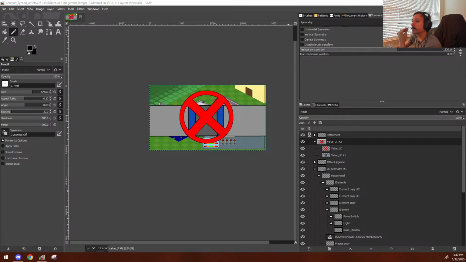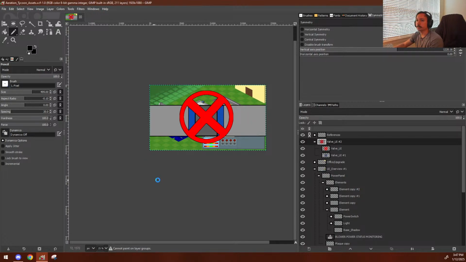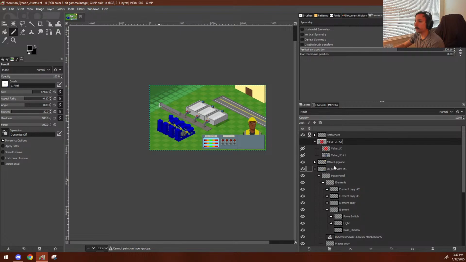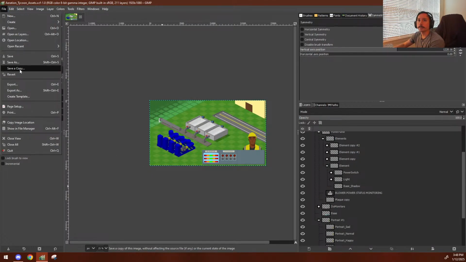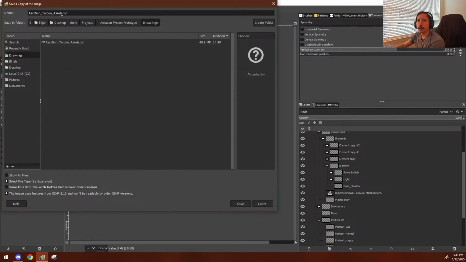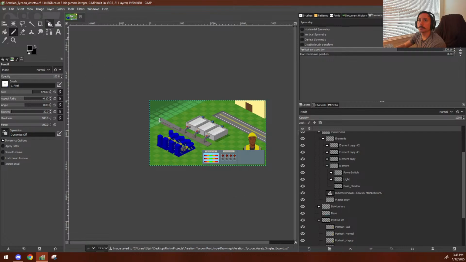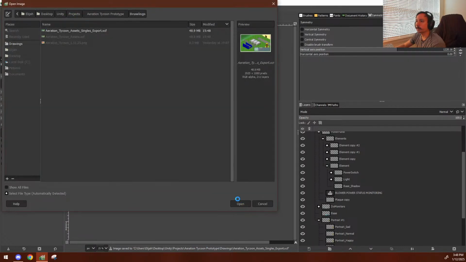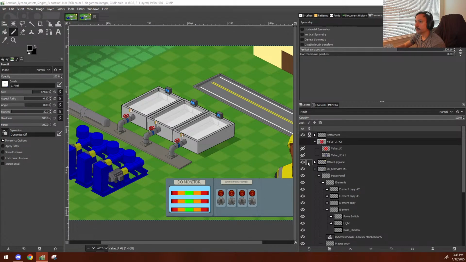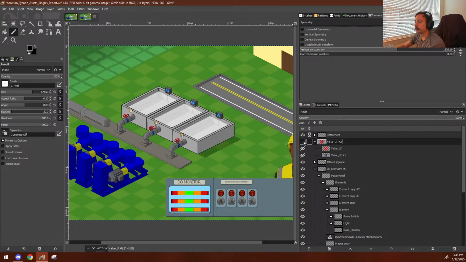Alright, so here we go. So we're gonna take this file that I've got, turn all this stuff off. So I've got this file. We're going to file, save a copy, assets, singles, export. Okay, let's save that. So am I in the file singles export? No, I am not. I'm going to open this file singles export, open that, and now we're going to work on getting single export stuff